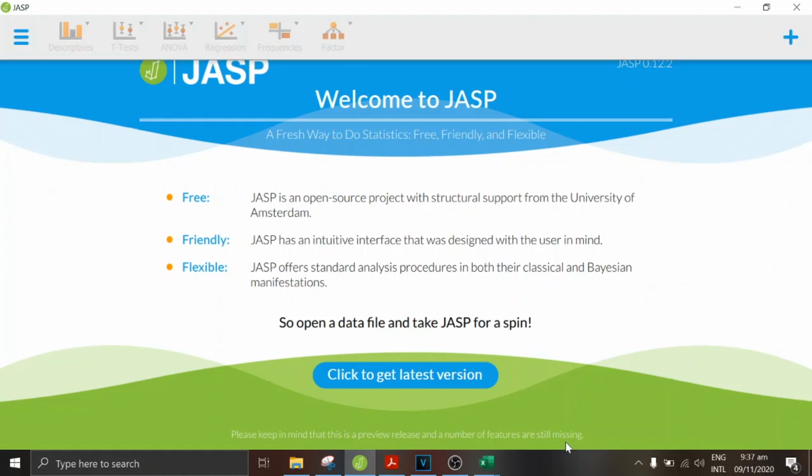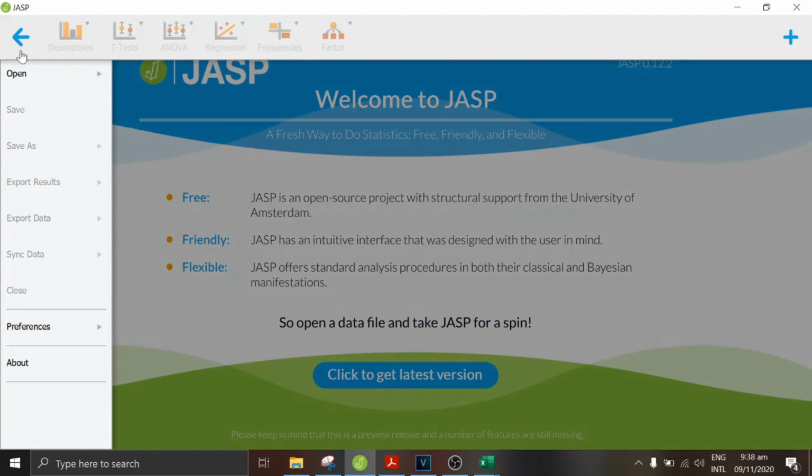Now we will proceed with the JASP interface. So this is the JASP interface. As you can see, it does have an analysis panel, and there is a welcome message. So first, you can click the open menu. Okay, so you basically cannot do analysis without an open dataset. So you need to open datasets that are